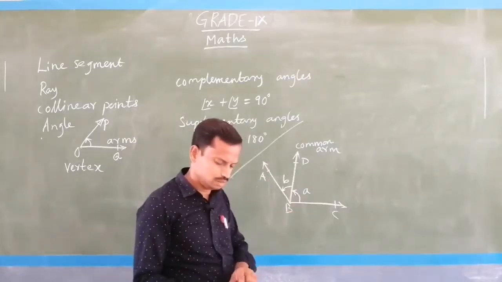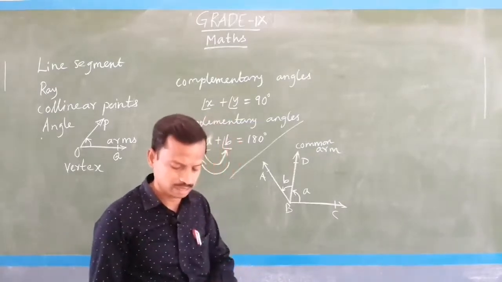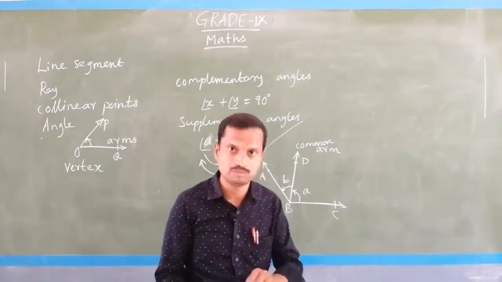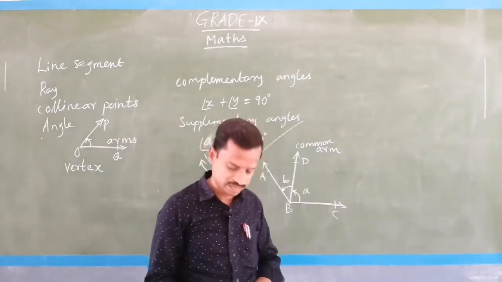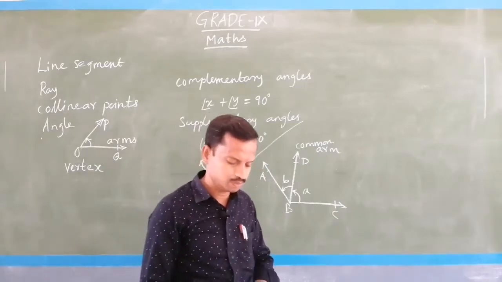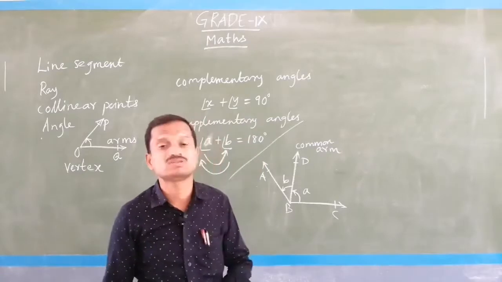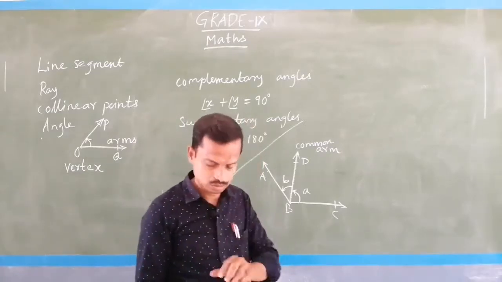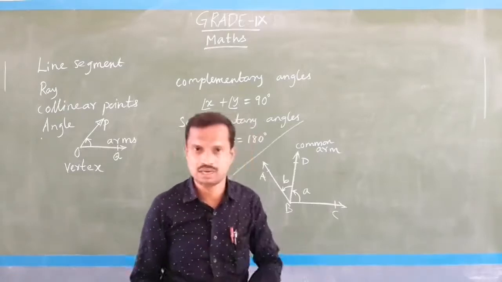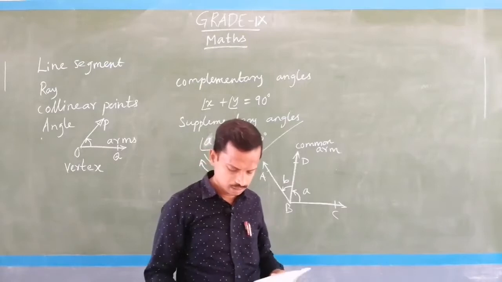So, you see that in the book itself they have given: two angles are adjacent if they have a common vertex. In that second paragraph, you write what I am reading now. Two angles are adjacent if they have a common vertex, a common arm, and their non-common arms are on different sides of the common arm. Okay. So, the diagram is also given. And then